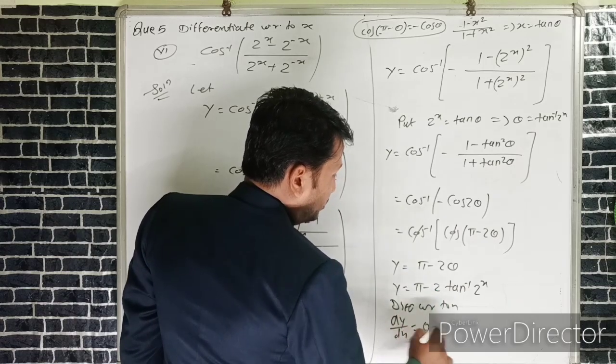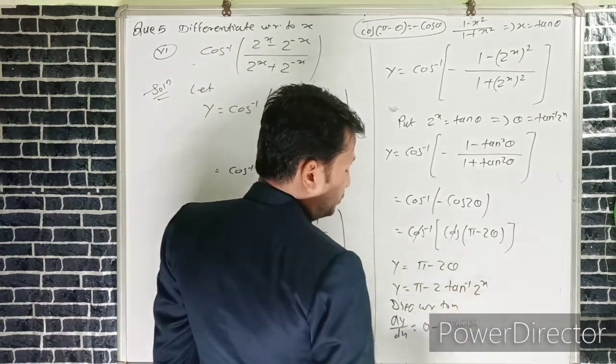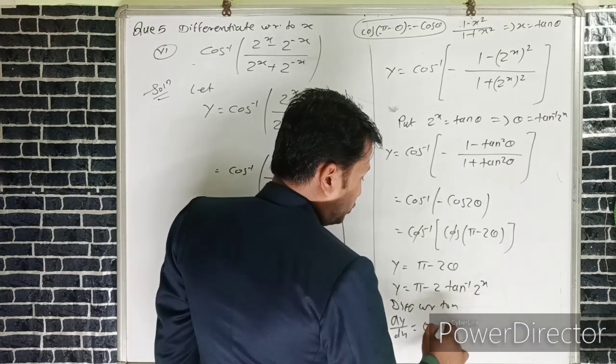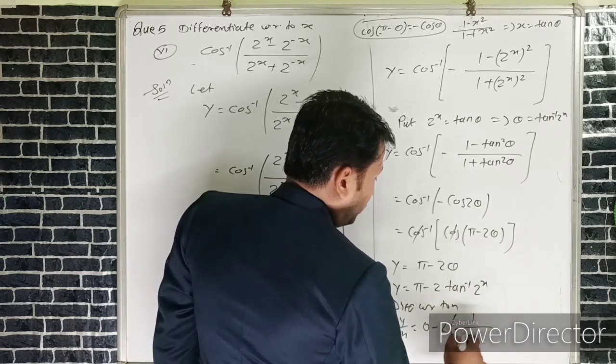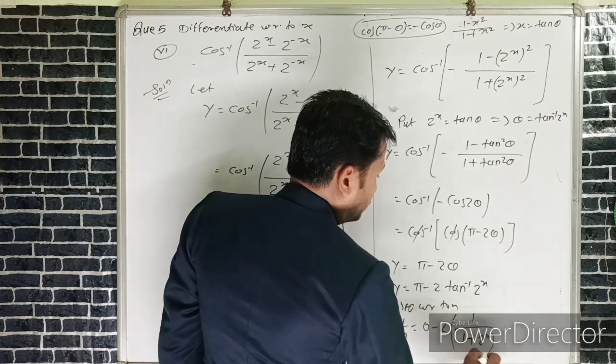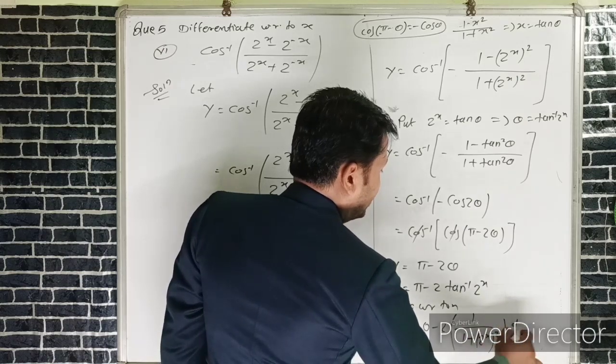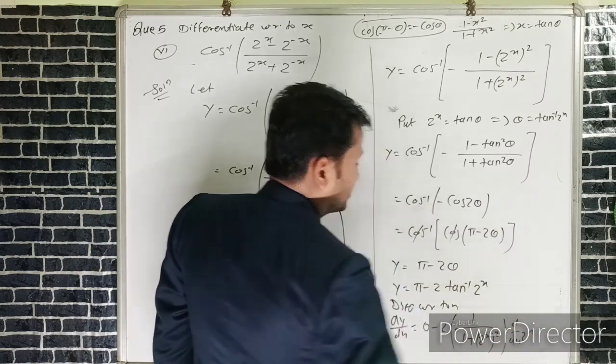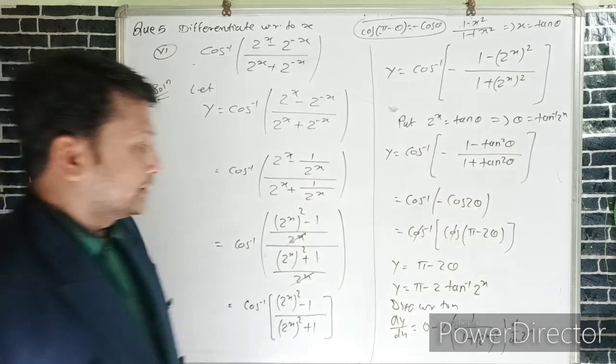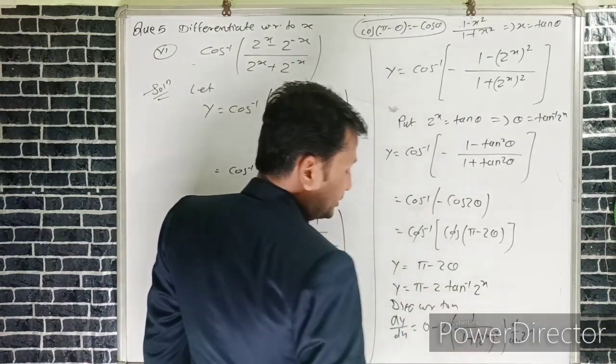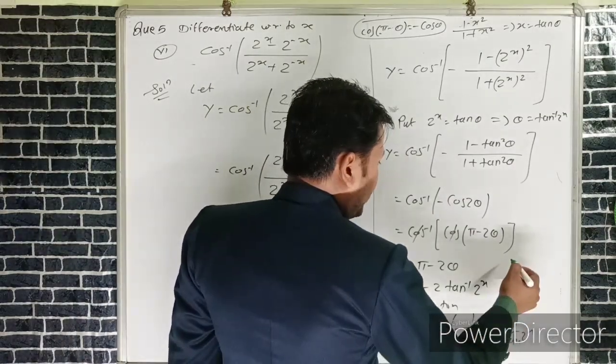Derivative of y is 0 minus 2 into tan inverse of 2 raised to the power x is 2 into 1 upon (1 plus 2 raised to the power x) whole bracket square into again a derivative of 2 raised to the power x. We know that the derivative of 2 raised to the power x is 2 raised to the power x into log 2. Hence we can write